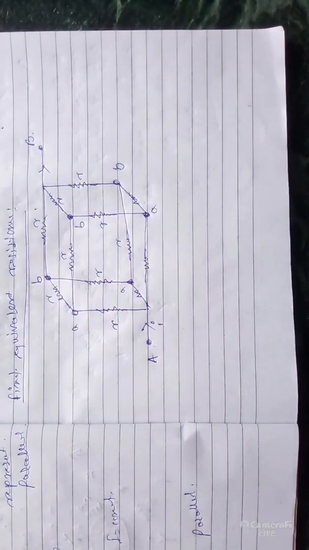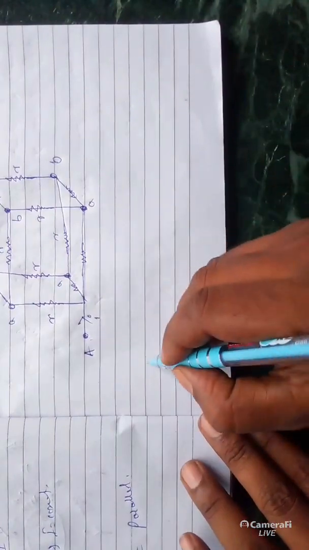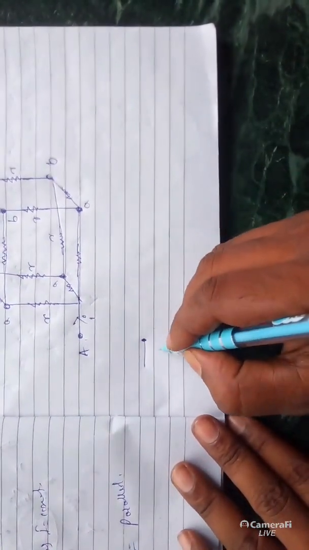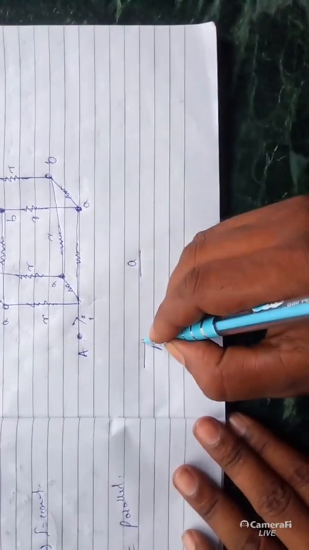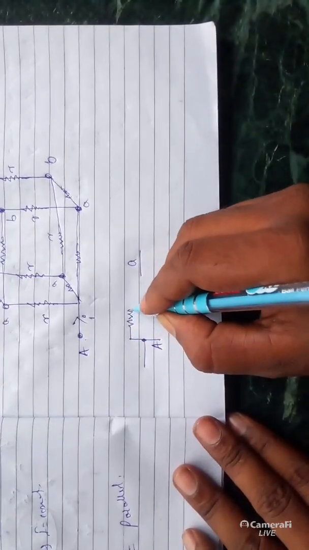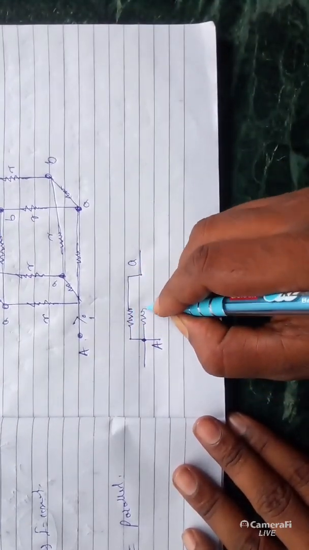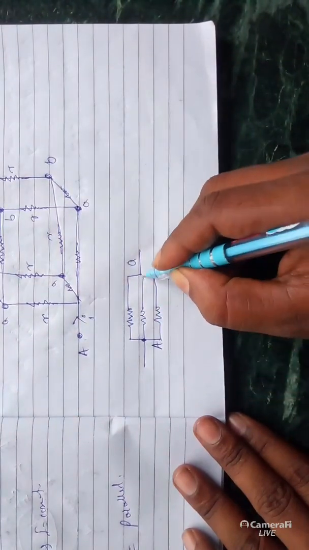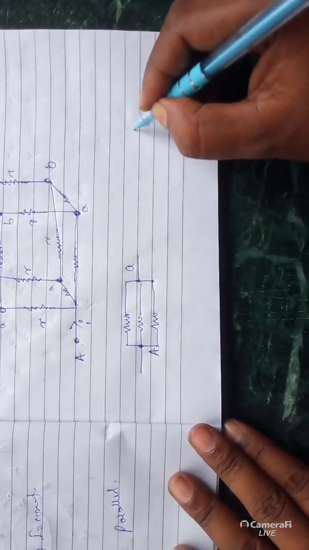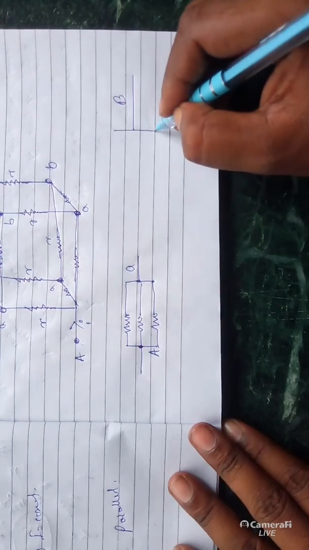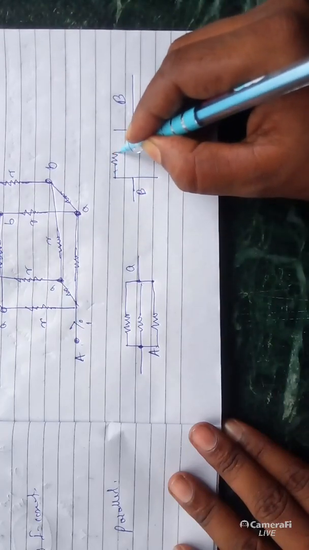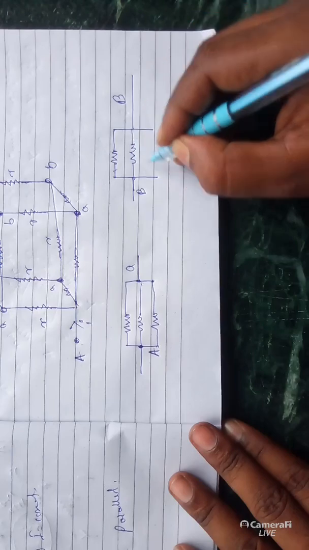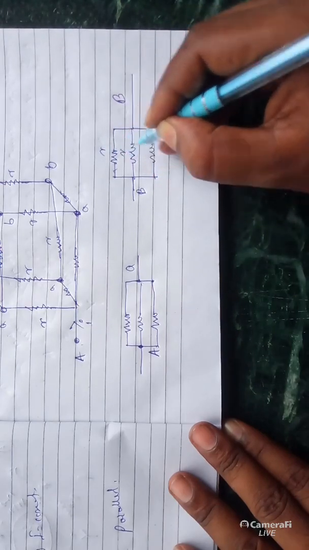Very important diagram, so naming is very important. After this naming, consider how the arrangement looks. Notice here, this point is A and this point is small a. In between A and small a, there are three resistances in parallel: 1, 2 and 3. Similarly, from the other terminal B, there are also three resistances in parallel. This is the small b point. What is the value of resistance? The value of each resistance is small r.